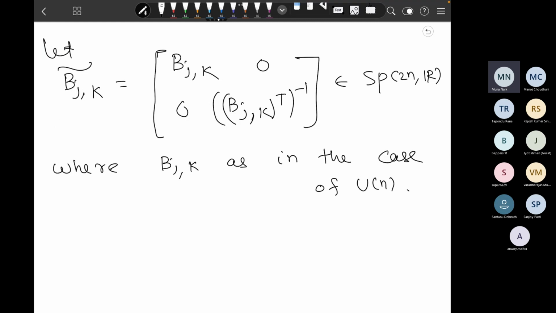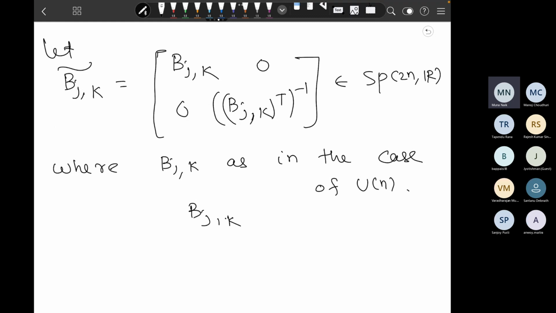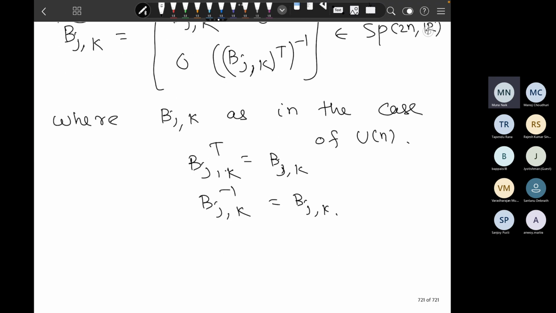Remember this B_{j,k} is the permutation matrix which really changes row j and row k. And if a diagonal matrix commutes with B_{j,k}, that means the jth diagonal entry is equal to the kth diagonal entry. But B_{j,k} transpose is equal to B_{j,k}, that is a symmetric matrix. And also B_{j,k} inverse is equal to B_{j,k}. So hence